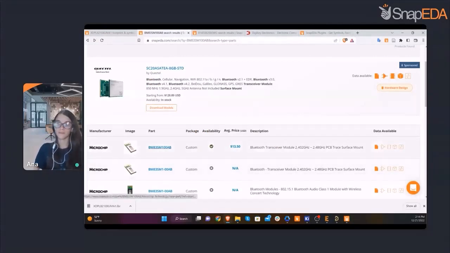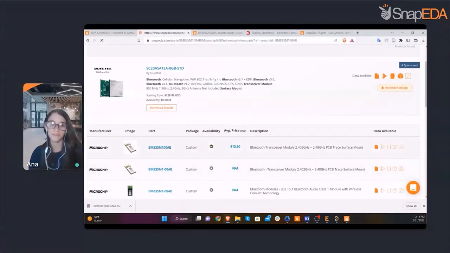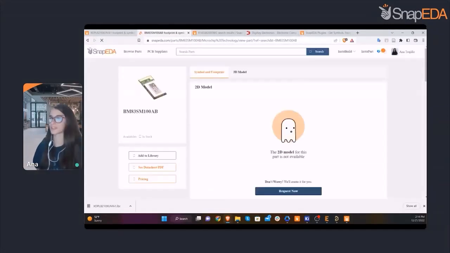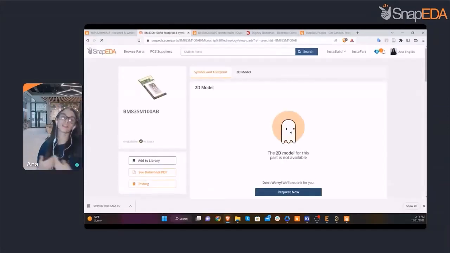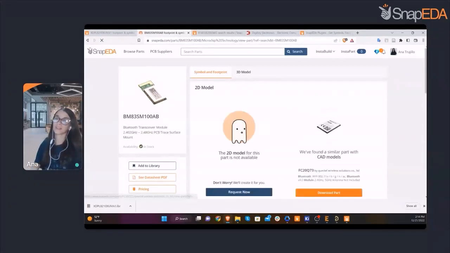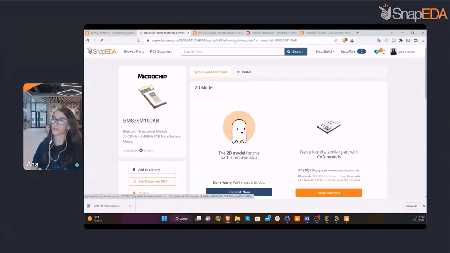There is no data available. This can totally happen because there are billions of electronic components out there, and there is some work to do on it. But that's fine. We are adding new models basically daily. So if you find this part, for example, and it doesn't have a model, you have different options.